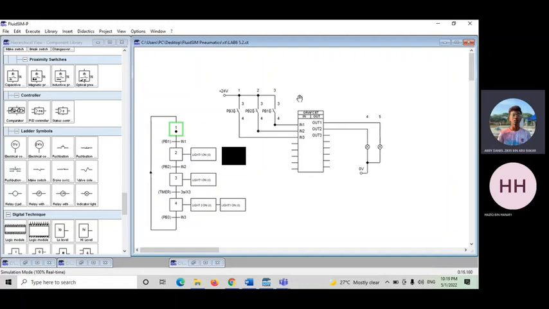As you can see here, at the step number 1, under that there's a transition PB1 and in1. If I press the PB1 and in1, the step will go to the second step and the light 1 will turn on, as you can see there. Okay, so after the step 2, there is a transition for PB2 in order to go to the step 3. If Haziq presses PB2, it will go to the step 3 and light 1 will turn on again. And in 3 second timer under there, after the 3 seconds, it will go to the step 4 and light 2 and light 1 will turn on.